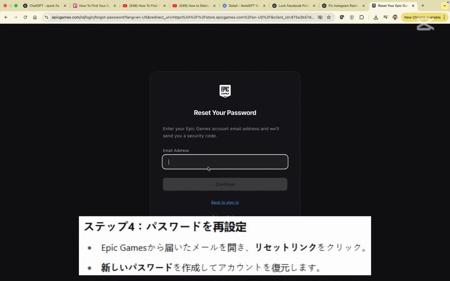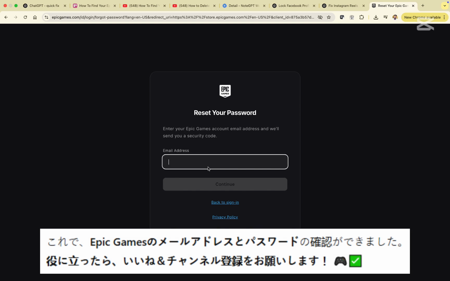Step 4. Epic Games will send you a reset link. Open the email, click the link, and create a new password. That's it. You've now recovered your email and